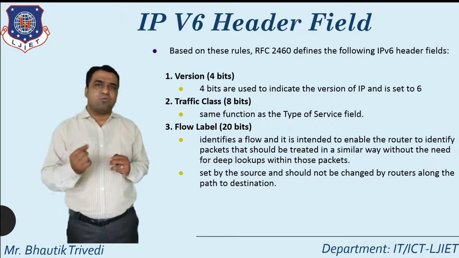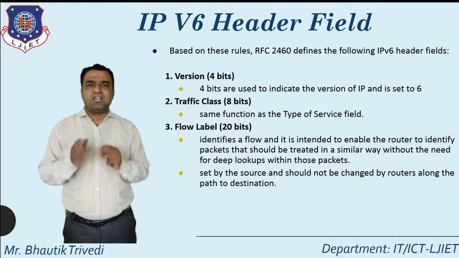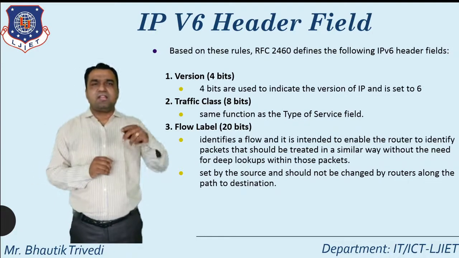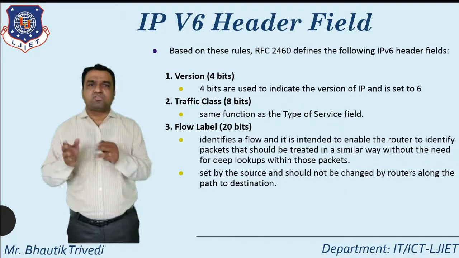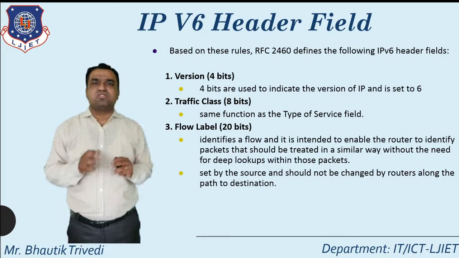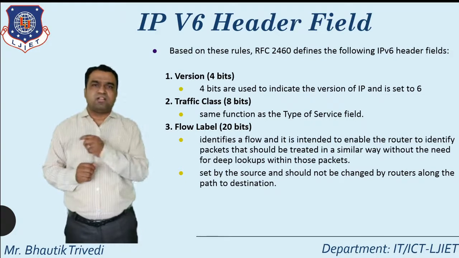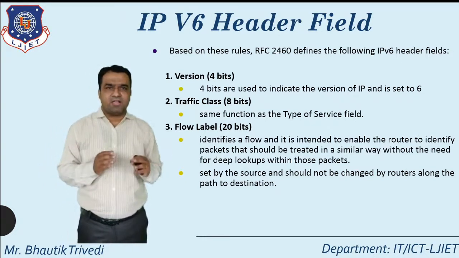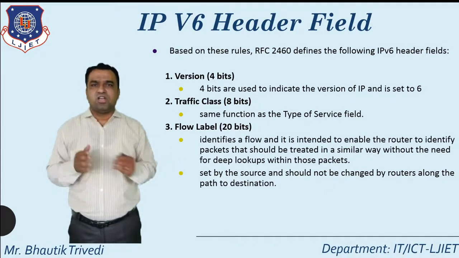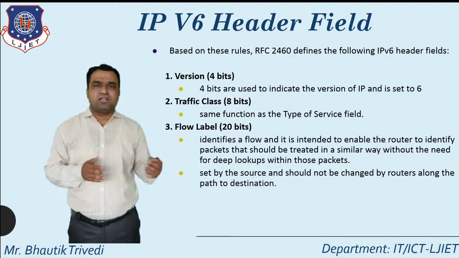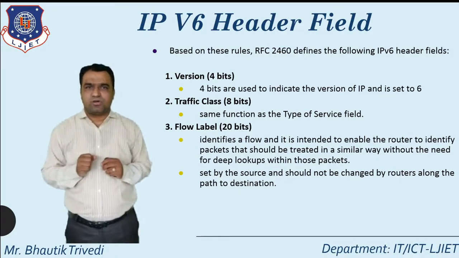And how many bits does the flow label contain? The flow label contains 20 bits. It directly identifies a flow, enabling the router to identify the packets from source to destination, and using the lookup table you can directly demonstrate this. Whatever data is in the form of a packet is part of the network layer, so from source to destination, whatever packet is going on, you can directly identify it with this concept. So this is the most important point.